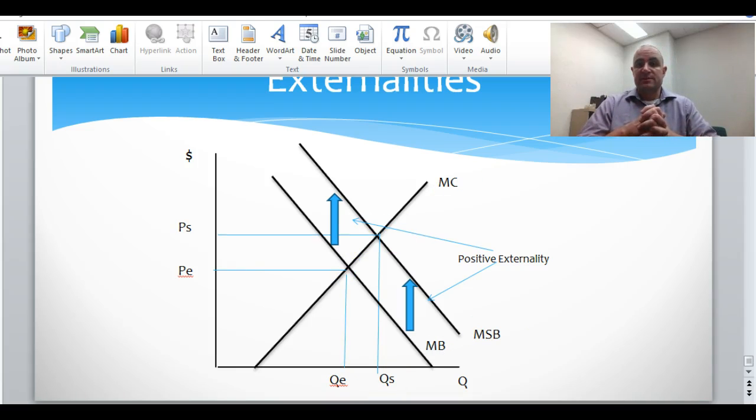Now, there may be times when the government will step in to attempt to correct for these externalities, either the positive or the negative. So with the negative externalities, because we are overproducing, they may try to bring down the production. So for example, with cigarettes, they do it with taxes. All right, taxes is a big way they do it. They also put a quota on it. But with taxes, it's a higher amount that people have to pay, and so people are less willing to buy cigarettes. And so that lowers the production.